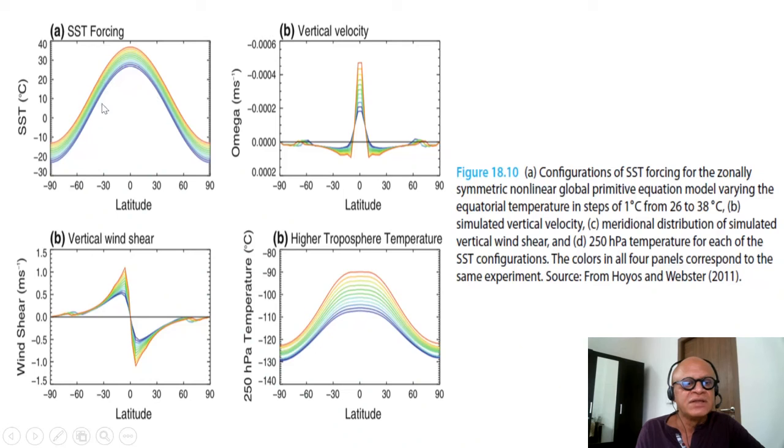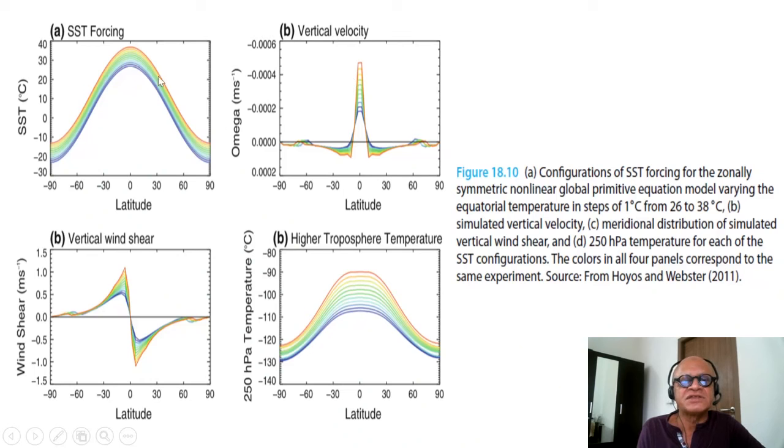So you see that you get strong vertical shears associated with increased sea surface temperatures at the edges of the warm pool. So if you think of the warmest region of the ocean as the warm pool over here, you can see that the vertical shears are not happening on the equator but away from the equator, several degrees. So the convection is happening, as you can see here, on the equator,